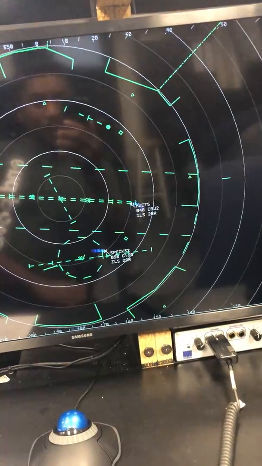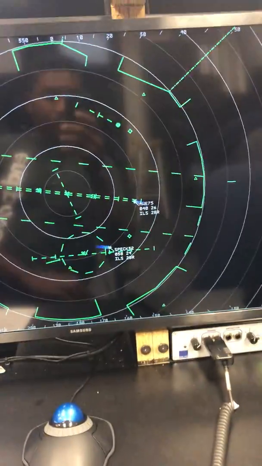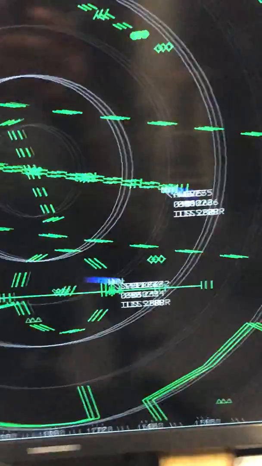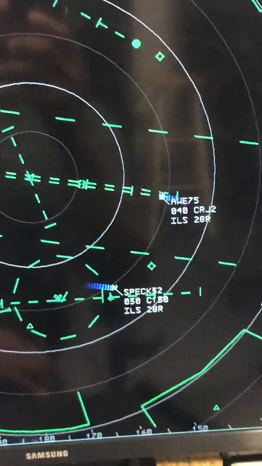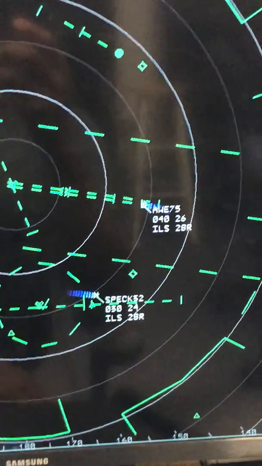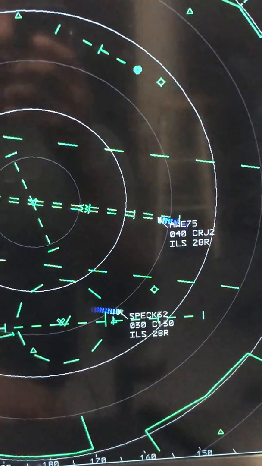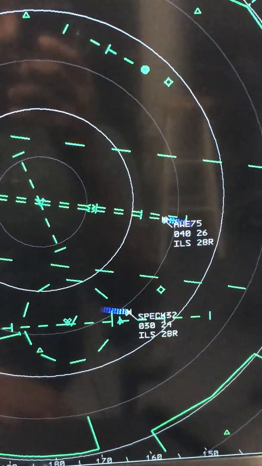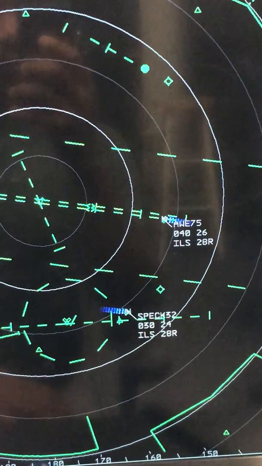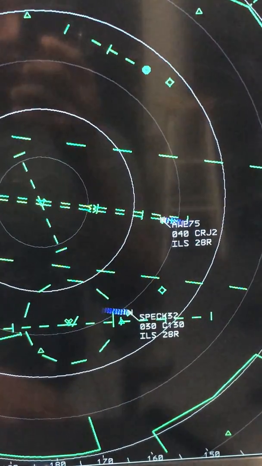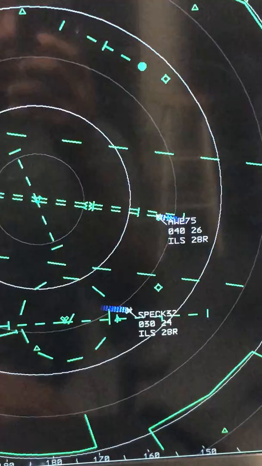Crossing final before the dog leg. So this is basically just because you need to give the pilot a warning and give them a reason for why you're doing it. And like I said, usually you would do that, for example, if you're getting towards the edge of the scope and you can't extend your downwind anymore, and you'll want to be doing something like